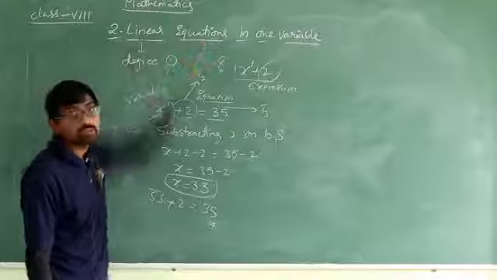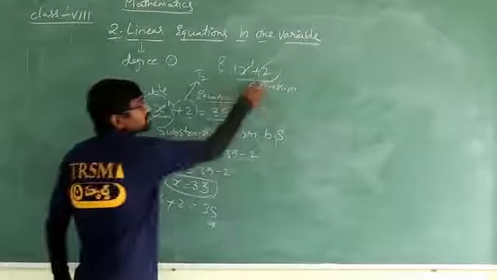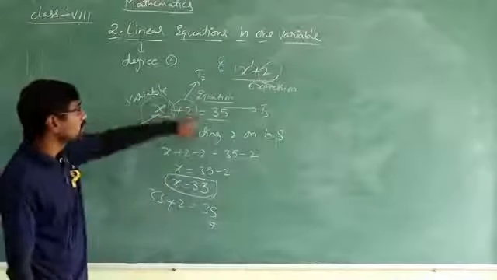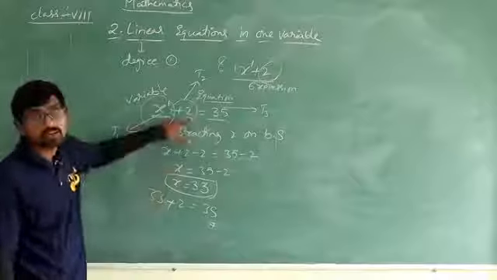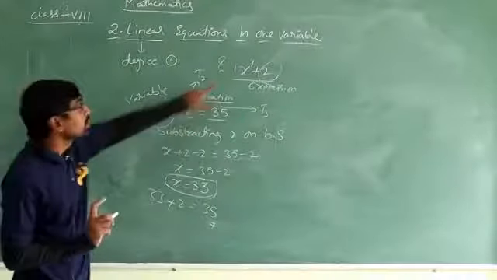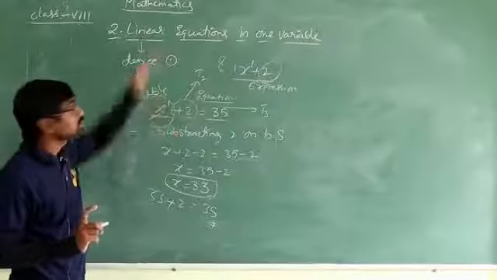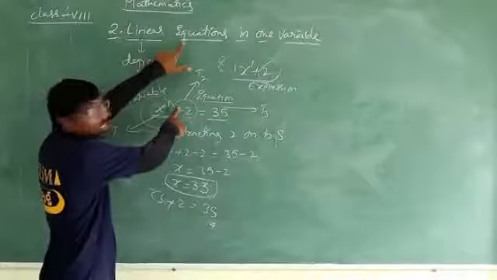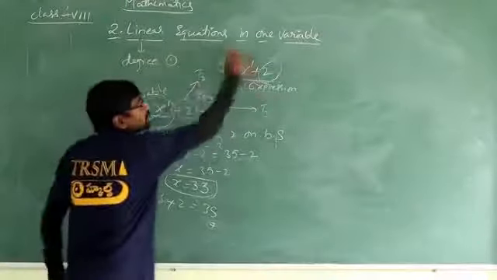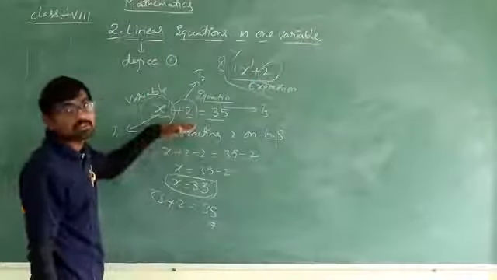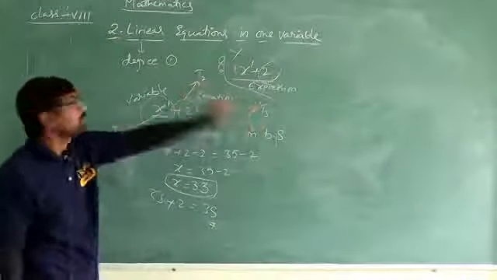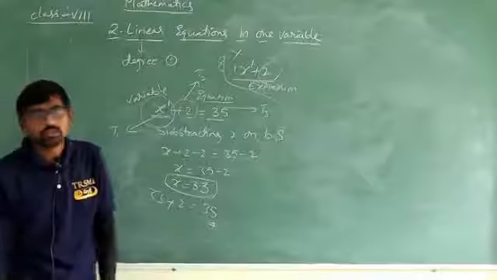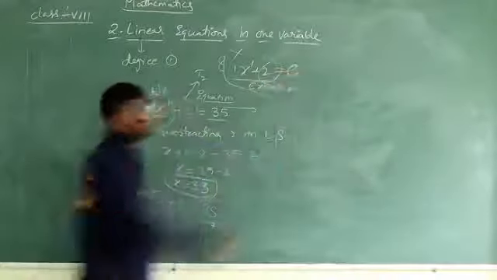What we are calling an equation, we are not calling an expression. An expression is given in such a way that it doesn't have any equal to symbol. It is not equated to some other quantity. Here we are equating to some other quantity, because of this reason we call this an equation. Now tell me, in this thing or this thing, our chapter depends on this. Why? Because we are talking about equations, not expressions, so we are not taking expressions into consideration. We are taking these into consideration. Expression we don't want here, because it was not given in that form. The expression should be converted into an equation by equating to some quantity. If I don't have any, I can equate it to 0.